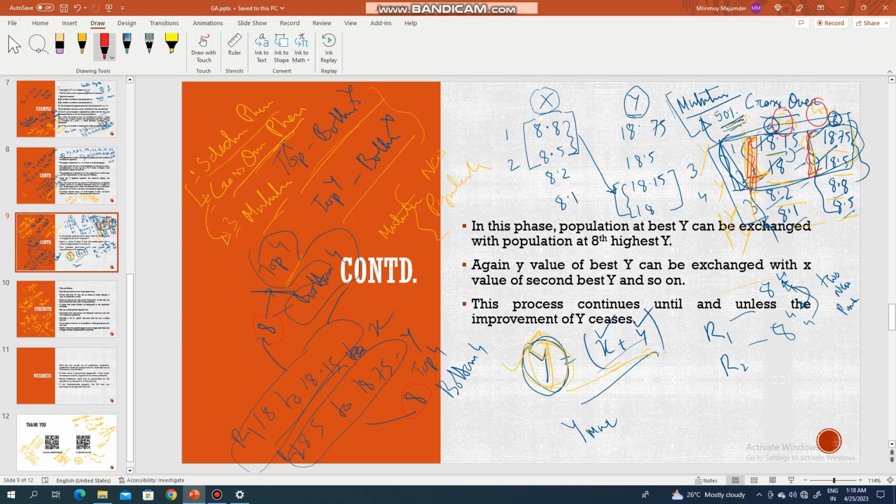After exchange, what is happening? This is a new gene, this is a new gene. So when I take these 4 like this, we can expect that a totally new population will be created from this. And then again we are exchanging, which means it will be a more separate or more diverse population when we exchange those values among each other. Okay, so this process is continued until we get a satisfactory or target value of the objective,